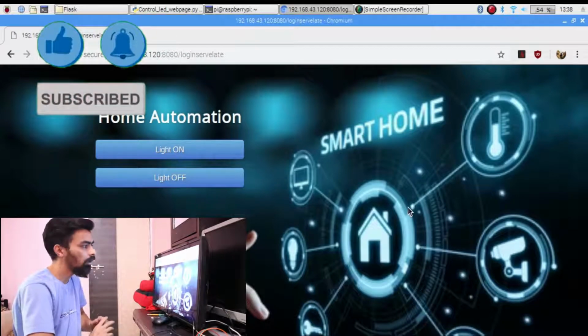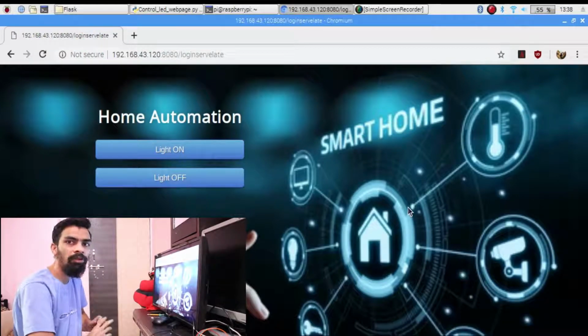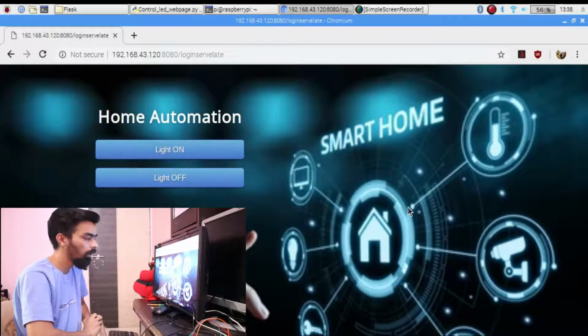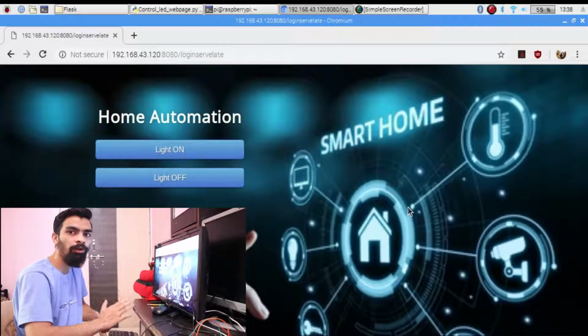our web page. We will first design the login web page so that you can enter the correct ID and correct password. And once you enter the correct ID and correct password, then another web page will open, and from that web page you can control the home appliances. So the login web page is basically used to provide some security to your application, so that no other person can access your home appliances from that web page.